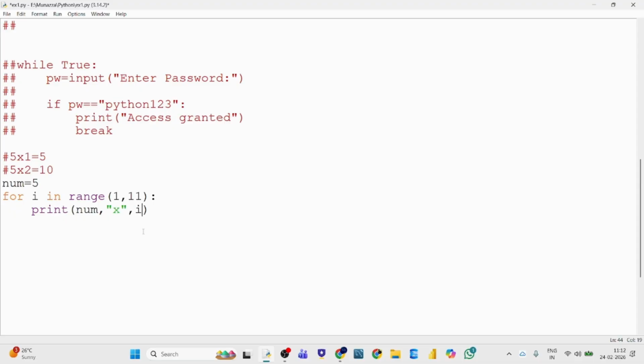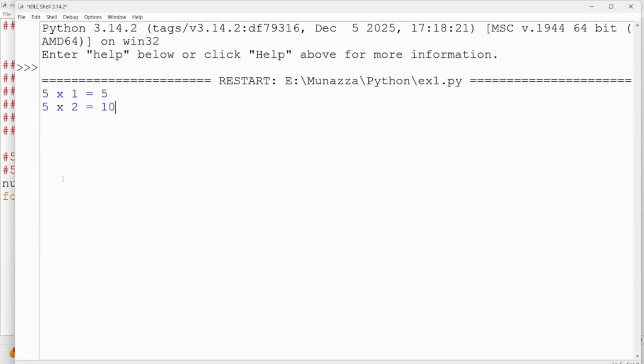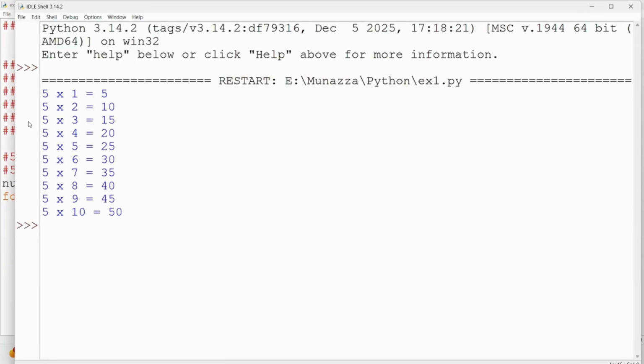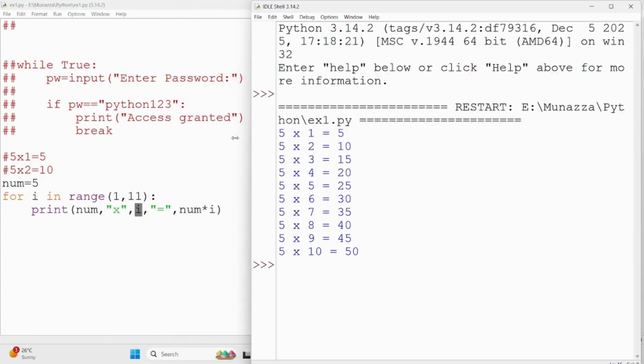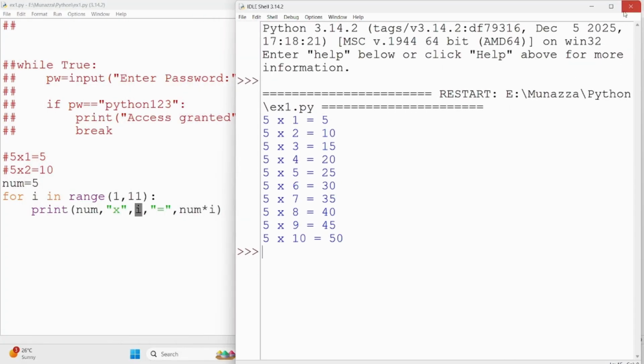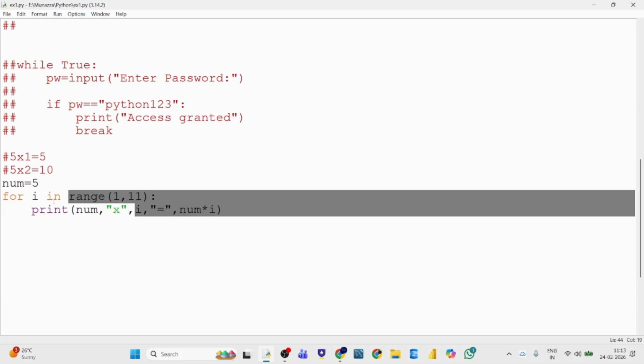So here we can simply use i, and because the next is the equal to symbol, which is a string, again I've put it in the quotes. Now the final answer will be num times i. So number is 5 times whatever will be the value of i, which will affect our final answer. Because we want this to happen for 10 times, we have given that range, and you can see that it has created a multiplication table of 5 because the value we had given for the number was 5, right? But what if you want to create a multiplication table of multiple numbers, like maybe from 1 to 5,